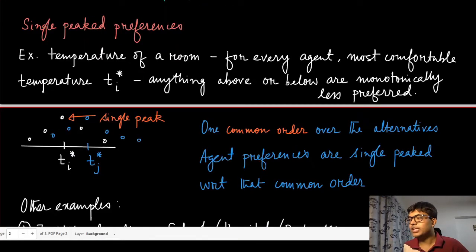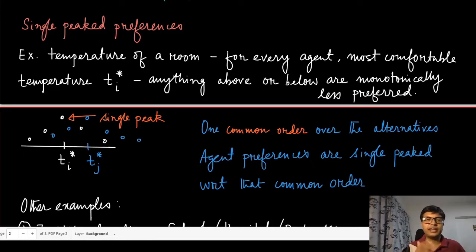Let me start with an example to motivate this problem. Suppose there is a room whose air conditioner's temperature has to be set, and there is a bunch of people in that room who have different preferences for the temperature. Someone likes, and this is what we are going to assume,